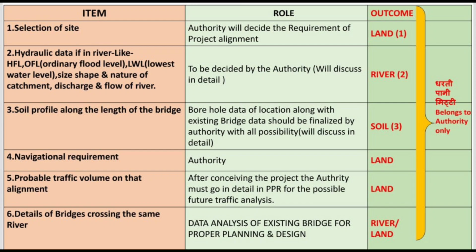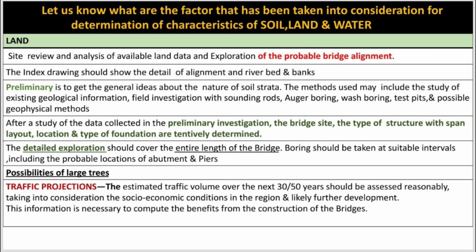This is the key point of the EPC contract, and also the major point of conflict in the EPC contract. The contractor always tries to revise these criteria in the name of design, so the authority team must be well acquainted with the above data. So it's my humble request to all civil engineers, basically the young generation, to understand these criteria. Now we will discuss individually what the basic data for land, soil and river are that should be frozen either at the time of tender or before the agreement.